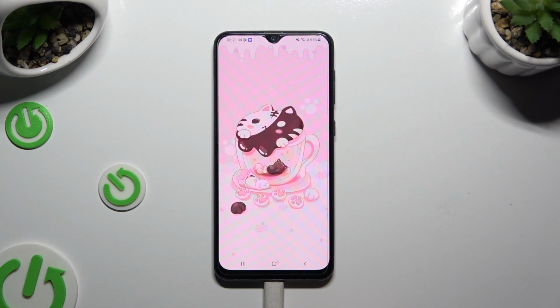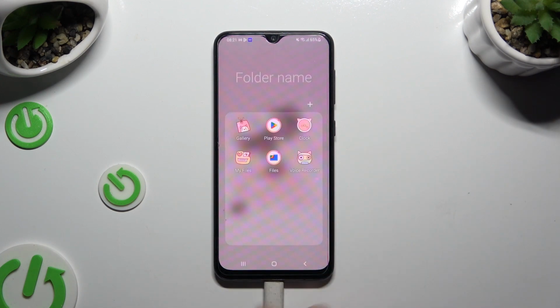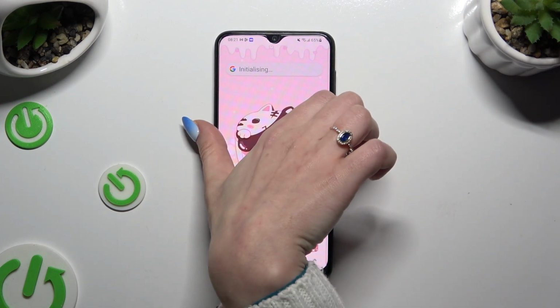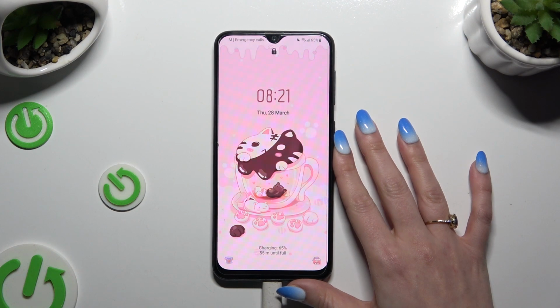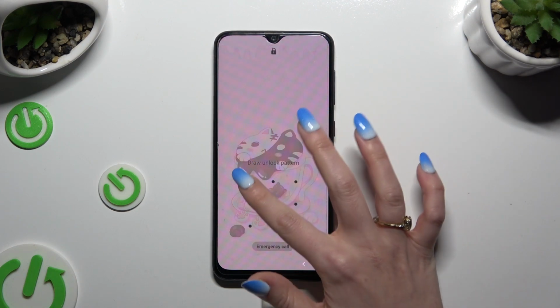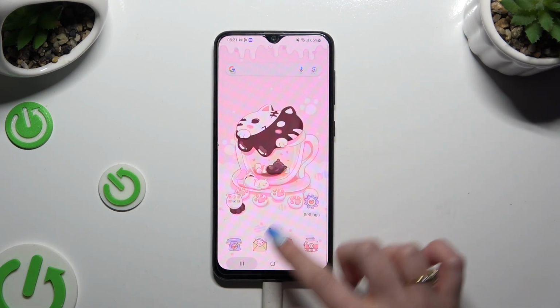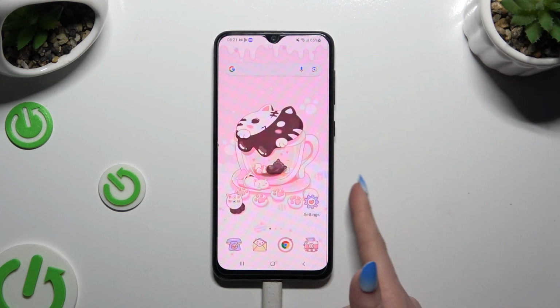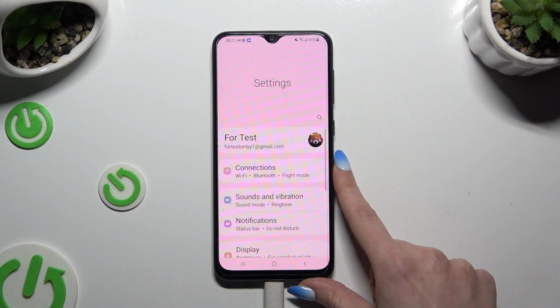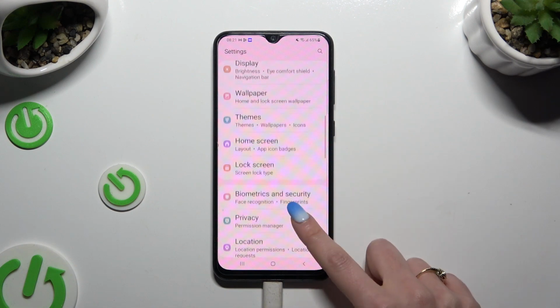As you can see, after that, the theme of my device has changed. If you want to go back to your default theme, you can always do that by accessing the same settings, clicking on Themes,